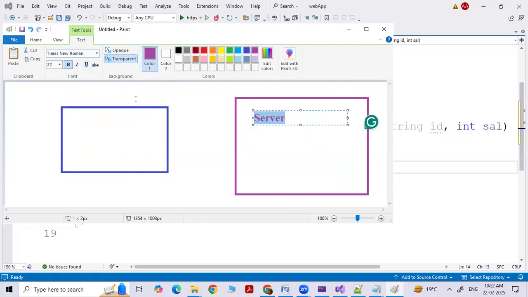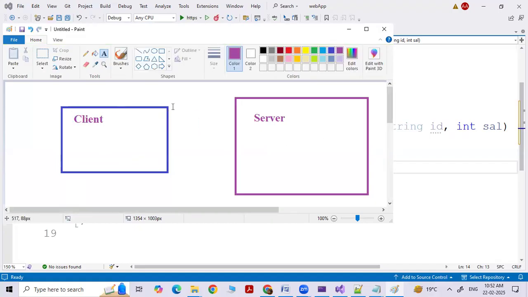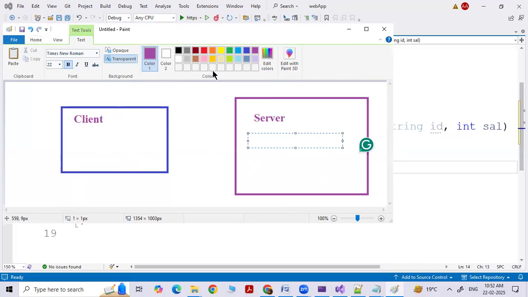This is server, and this is client. Client is generating the request and server is accepting. Now, what are the responsibilities of the server? Major responsibility